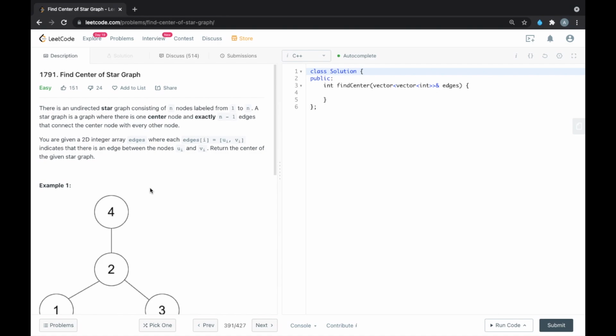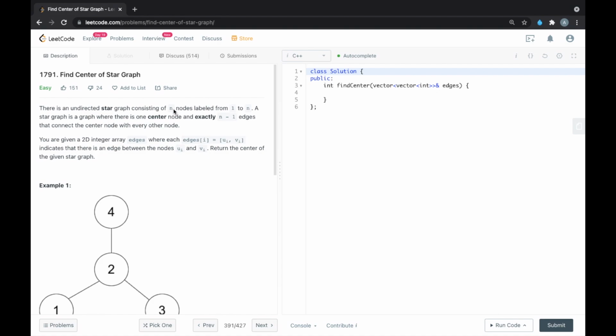You are given a 2D integer array edges where each edges[i] is equal to [ui, vi] indicates that there is an edge between node ui and vi. Return the center of the given star graph. So in this problem statement, we are given a star graph in the form of number of nodes and edges.